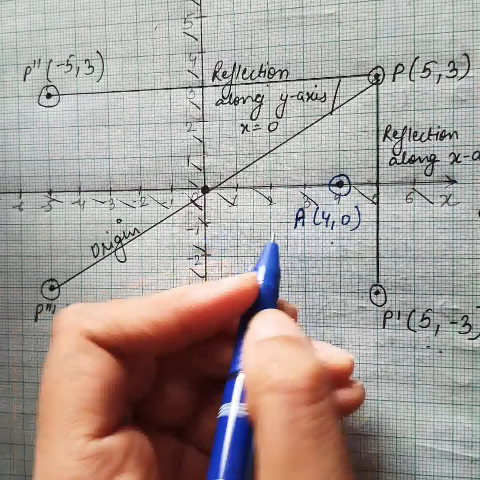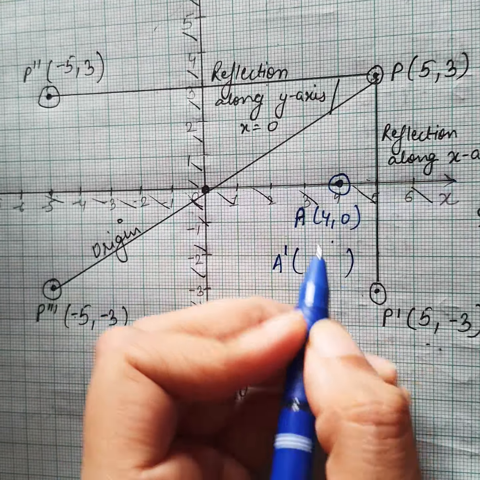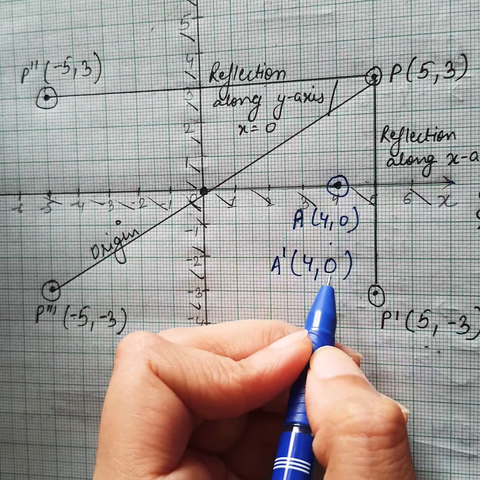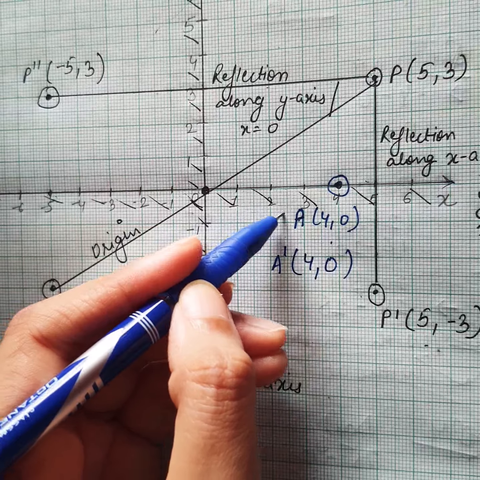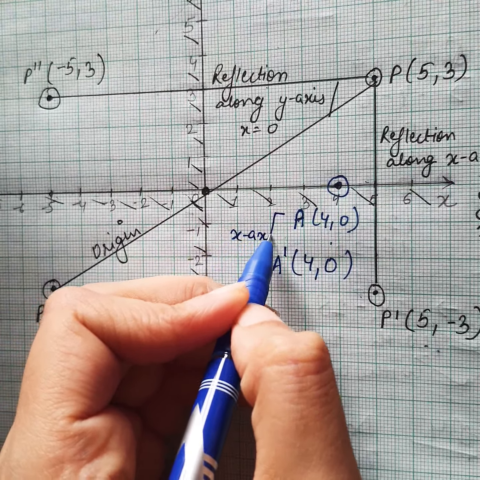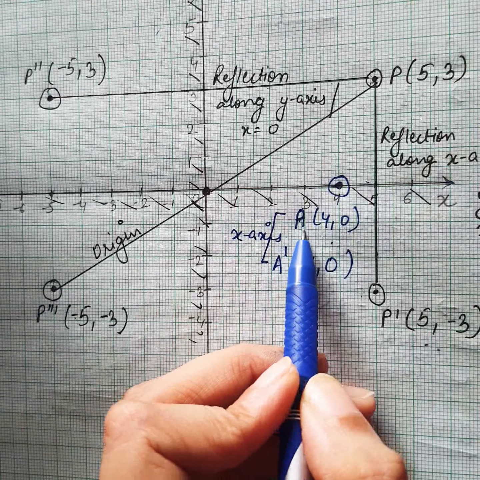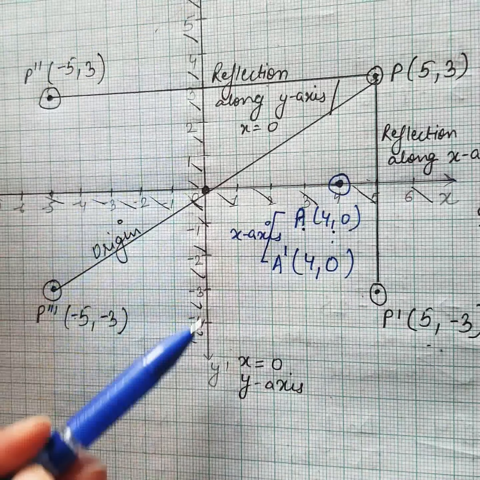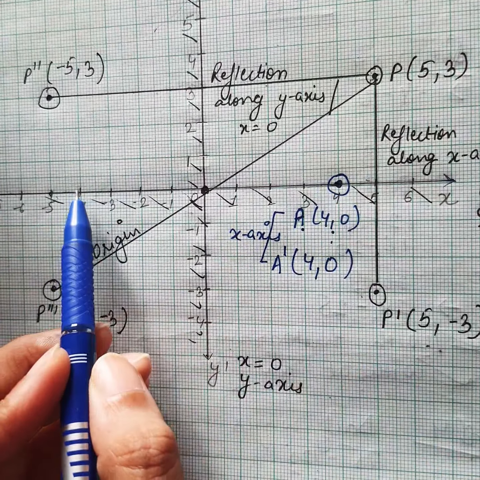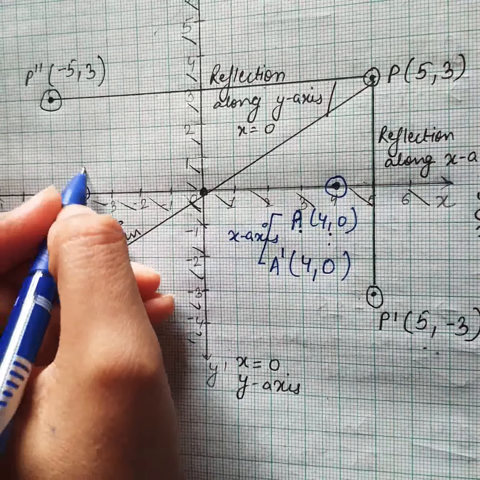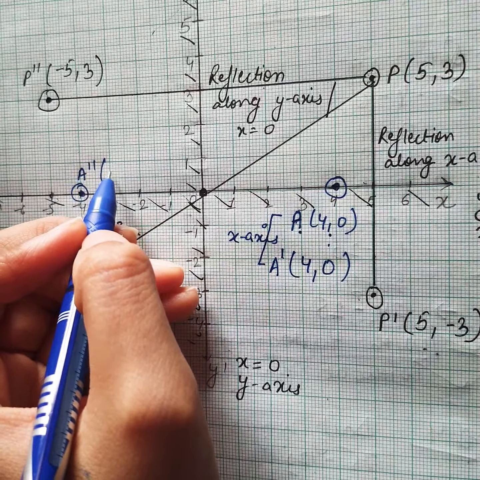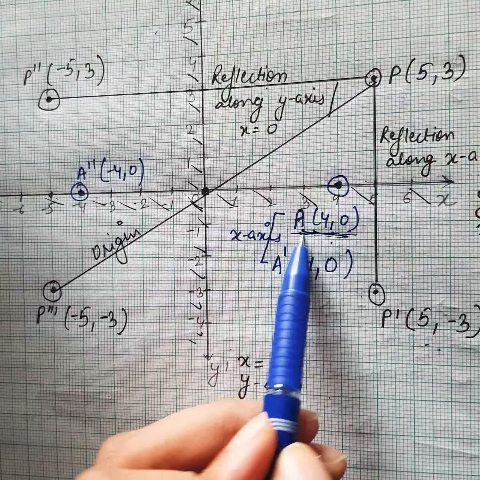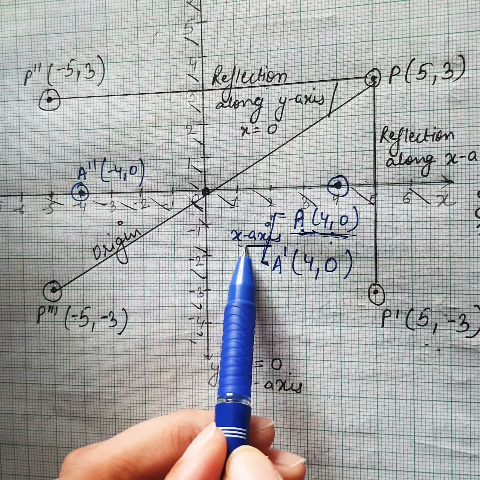So in this case, if you are going to reflect according to the formula, x-axis reflection means the y coordinate is supposed to be changed, but 0 and minus 0 are both the same. So that means under the reflection in the x-axis, point A is invariant. But the same point is not invariant if I am reflecting along the y-axis, because then the reflection will be here, A double dash, the reflected point will be here, (-4, 0). So this point is only invariant under the x-axis transformation.